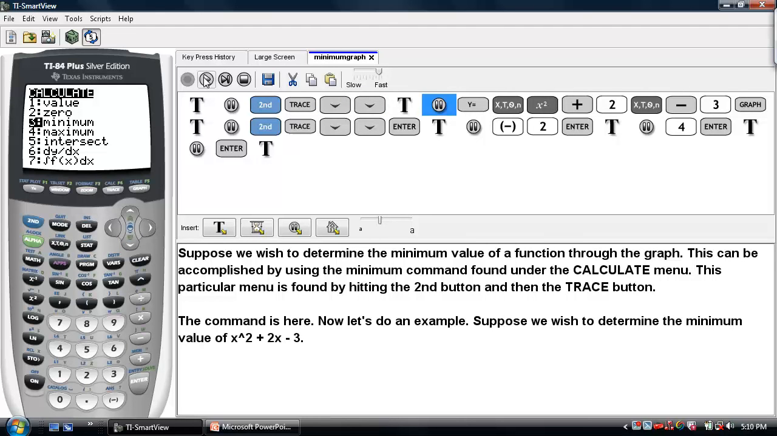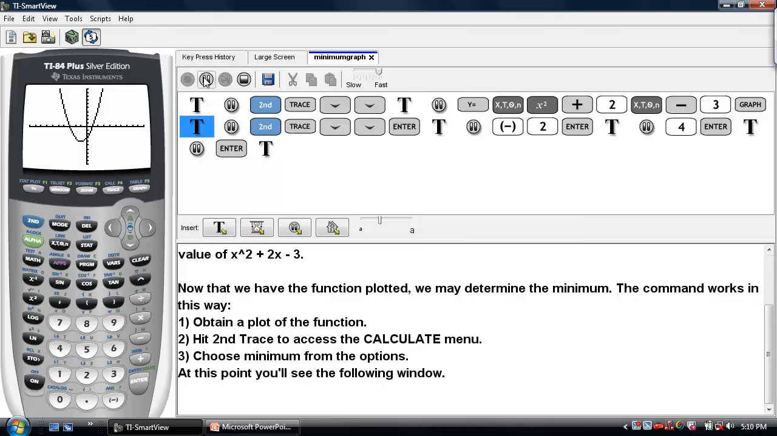Now if we do the example that we did before, x squared plus 2x minus 3, we hit y equals, plug in our function, and then we hit graph, and we see the graph of our quadratic. Now at this point, we have our function plotted, and we may determine the minimum. So we have a plot of our function, then we're going to hit second trace to access the calculate menu, and then we will choose minimum from the options. So we hit second and trace, scroll down to minimum,